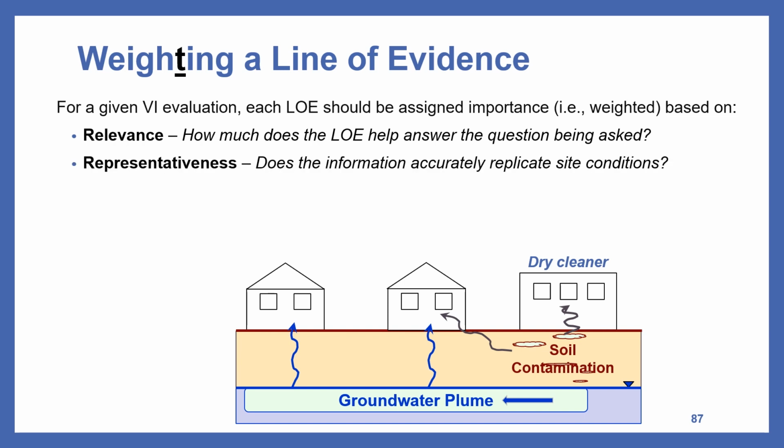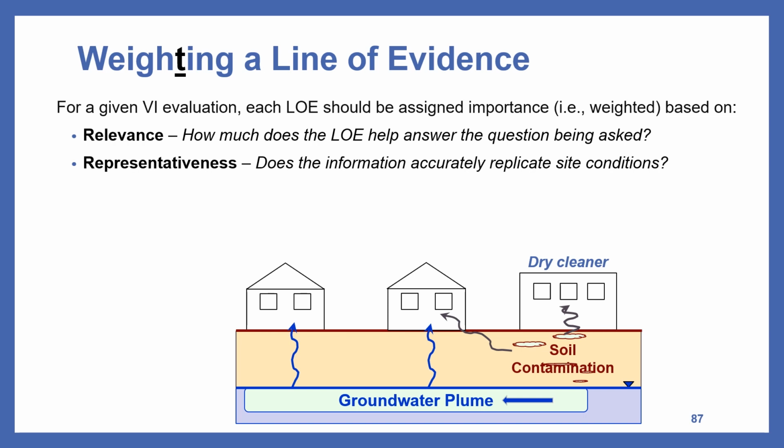So next factor I'd like to mention is representativeness. And this gets at whether the information accurately replicates site conditions or the question being asked. So let's take indoor air sampling. Would sampling in a bathroom only be indicative of long-term risk to occupants? And the answer is probably not, unless they spend most of their time in the bathroom. So generally, we might sample in a bathroom to evaluate whether VI is occurring or the vapors are entering it in the bathroom, but